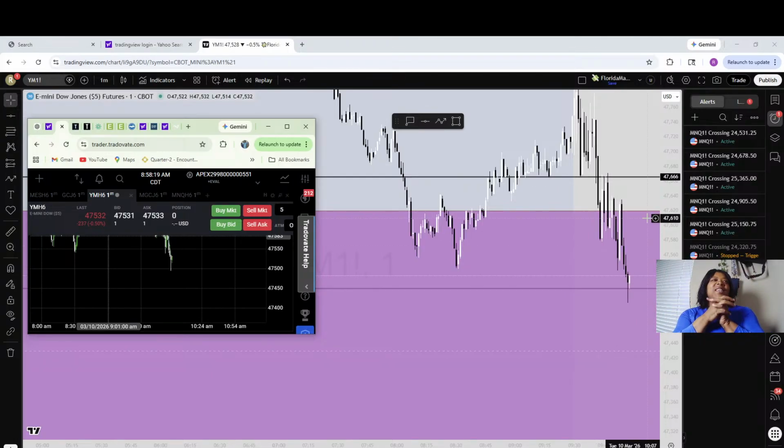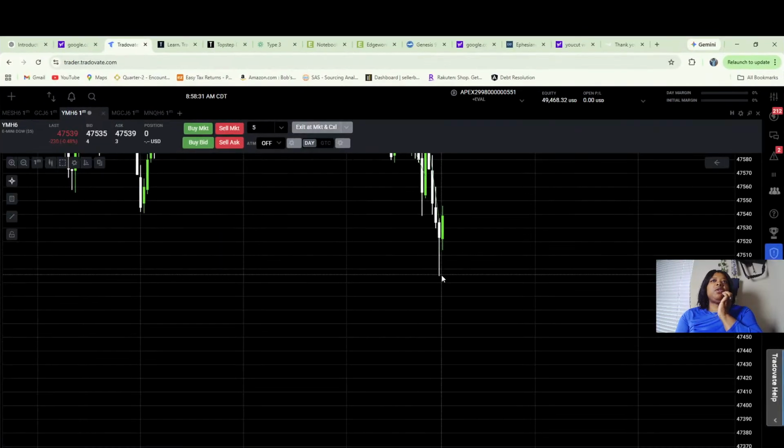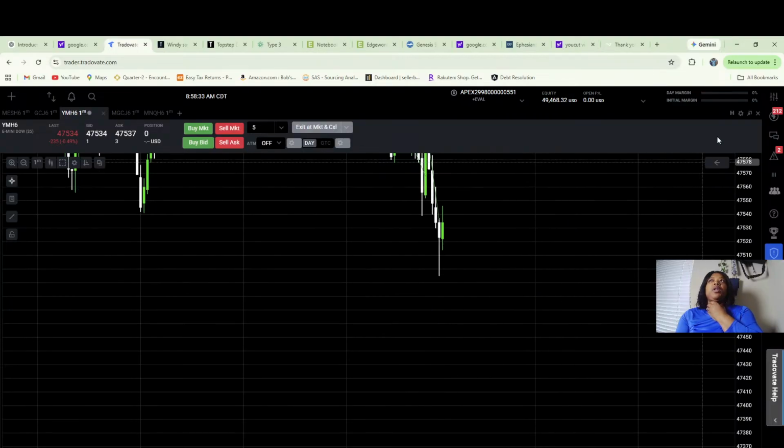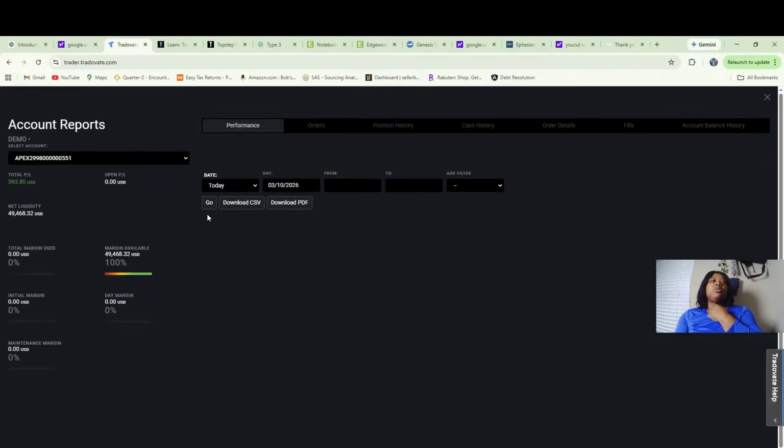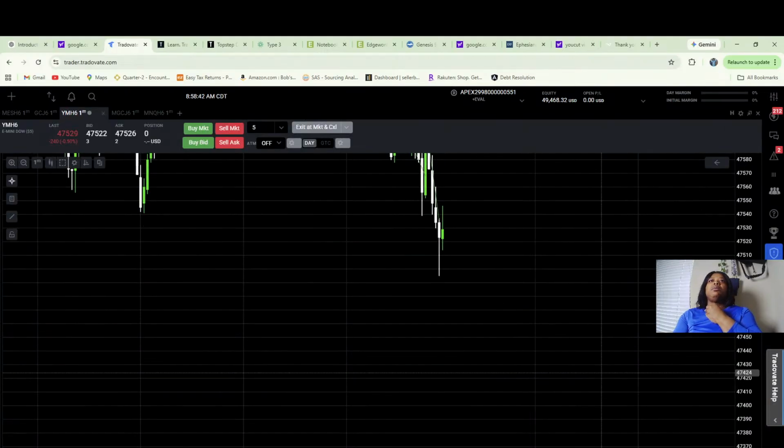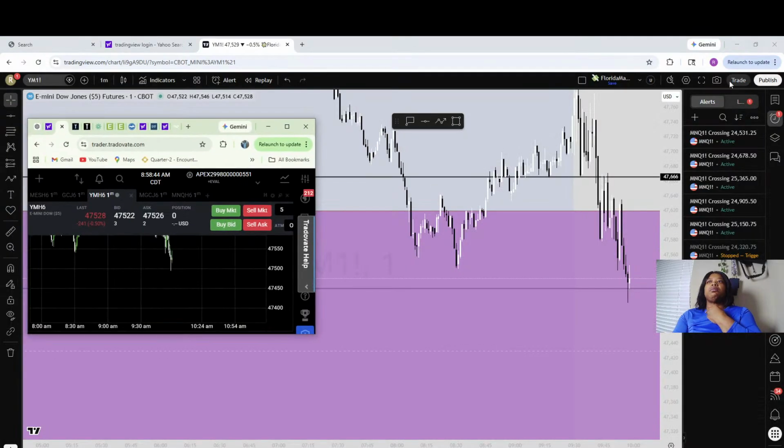Two trades on YM, and we made $600. It came to my original TP, which was, see right here, to hit the midnight candle, and it did that. So even though I think we want to go lower,